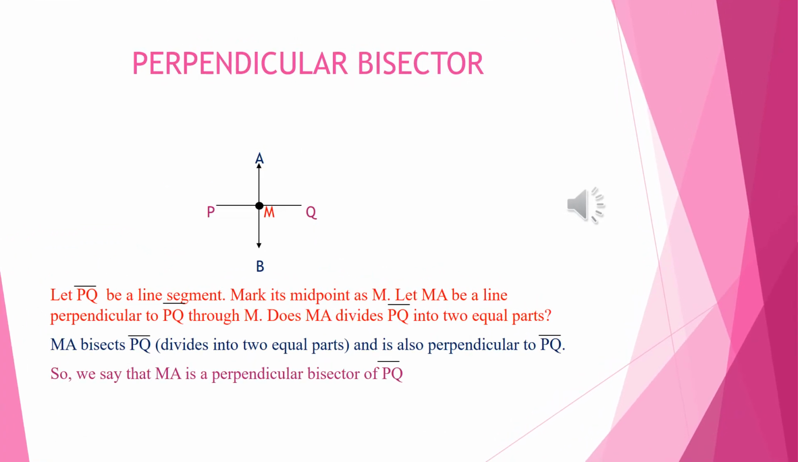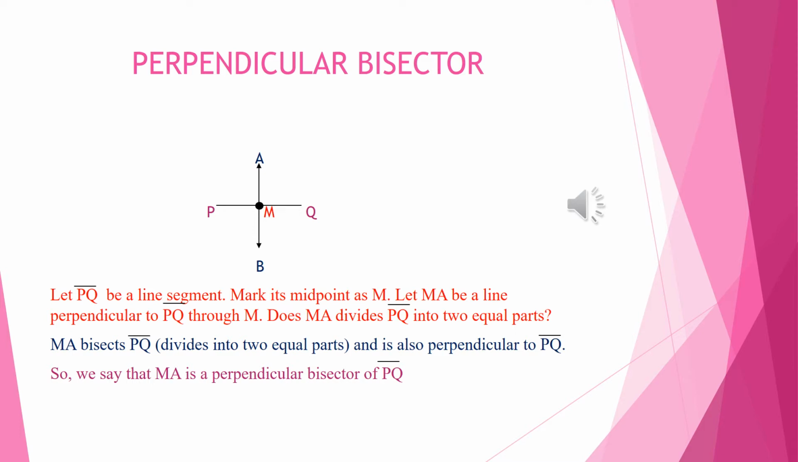Dear children, now let us see what is a perpendicular bisector. We all know what is a perpendicular line. Now let us see what is a perpendicular bisector. Let PQ be a line segment. That means here we are taking a line segment PQ and marking a point M as its midpoint. Let MA be a line perpendicular to PQ through M. Here MA is a line which is perpendicular to PQ and it is passing through M, that is the midpoint